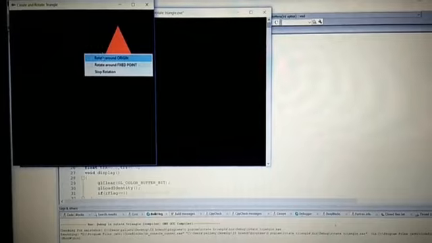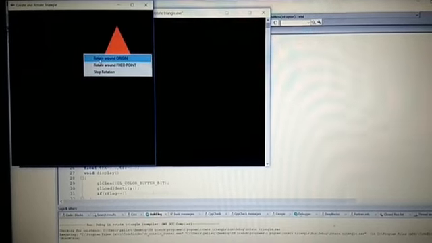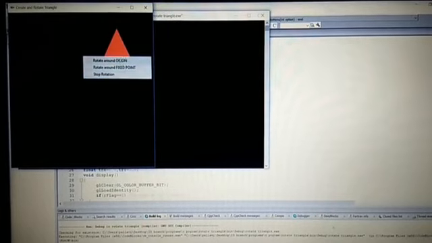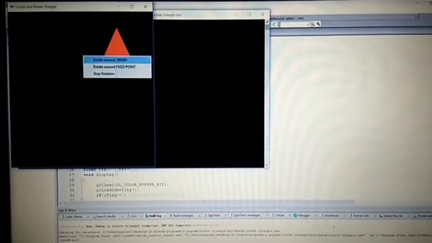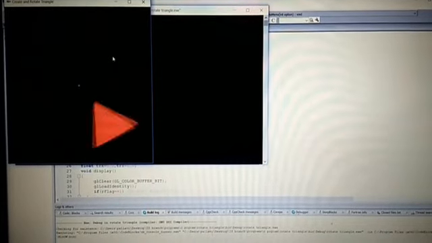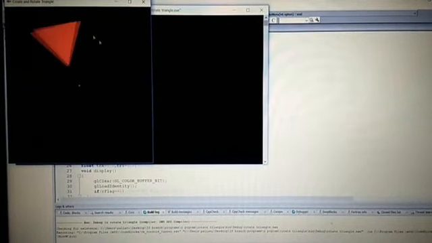If you right click, we get the options: rotate around origin, rotate around fixed point, and stop rotation. This is the menu. If we click the first, we can see that it is rotating around the origin.